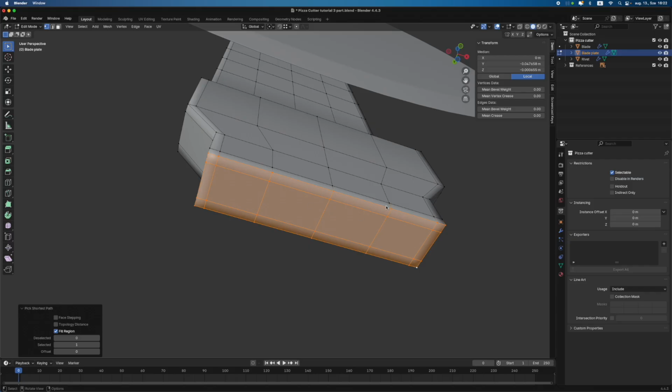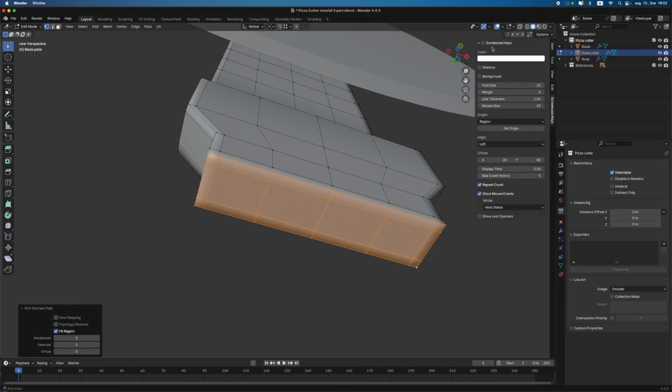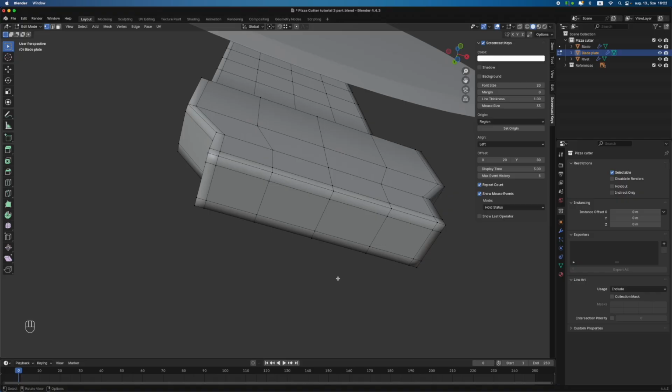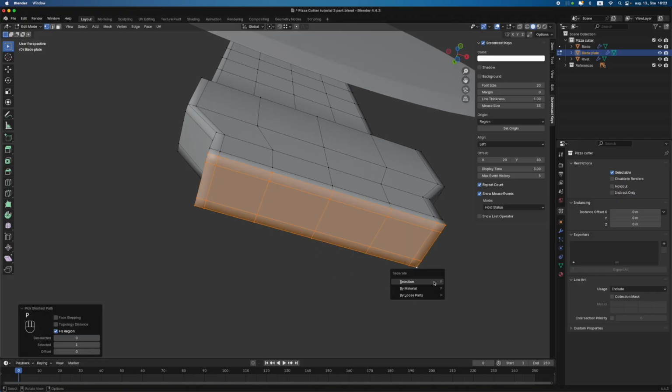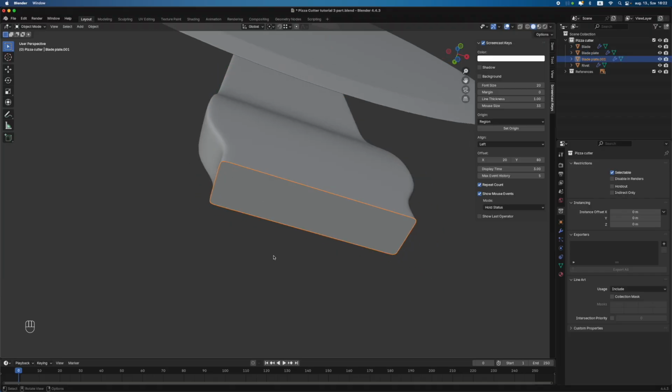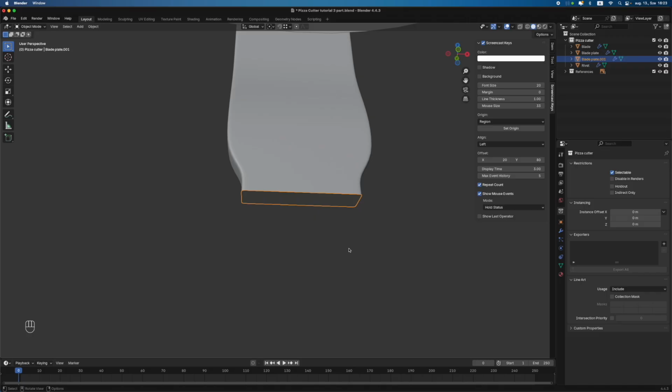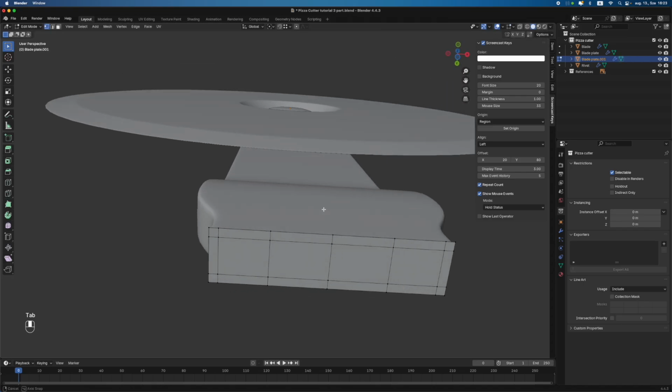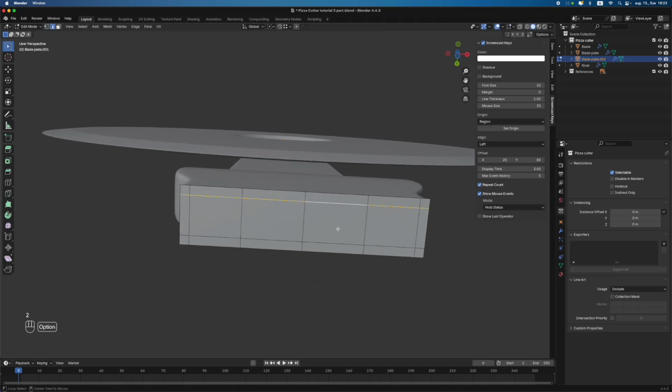This will select the whole region, but I turn on my screencast keys now, and we can separate it by selection, because this part of the model won't be visible in the final render, and we can start modeling with that. Now I want to go to edit mode and then delete all these edges, and I now want to